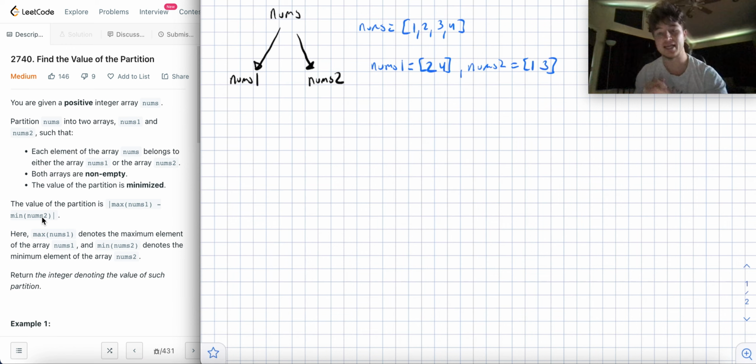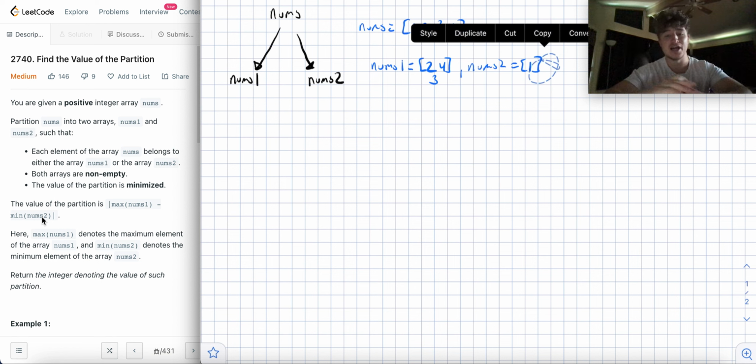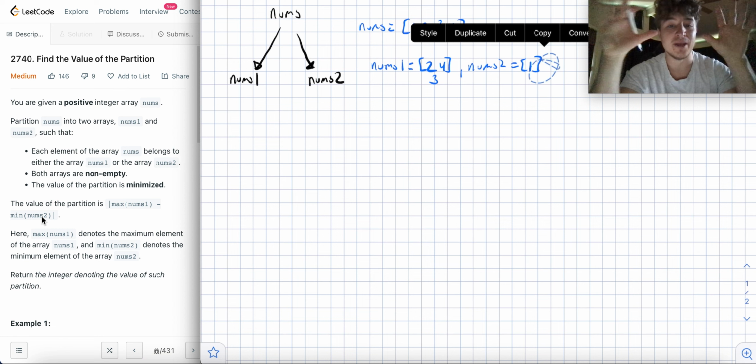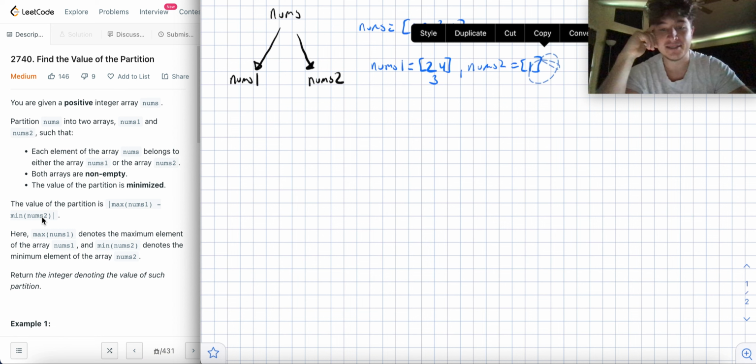Meaning there doesn't have to be some sort of continuation. It doesn't have to be continuous. I could split it however I want. I just have to use all elements. And likewise, I could put 3 over here and leave this one alone. So I have a lot of freedom in terms of what I do. I just have to ensure that there's at least one element in each array,